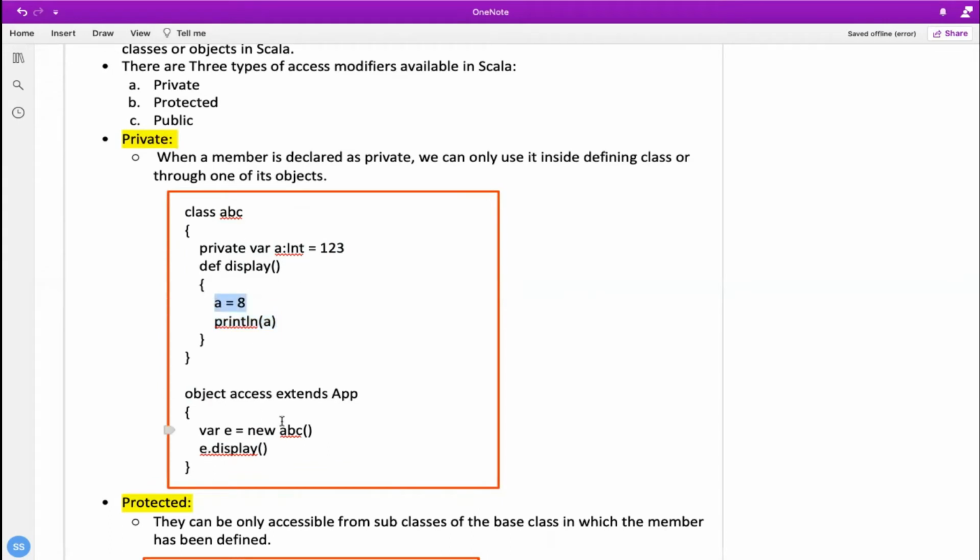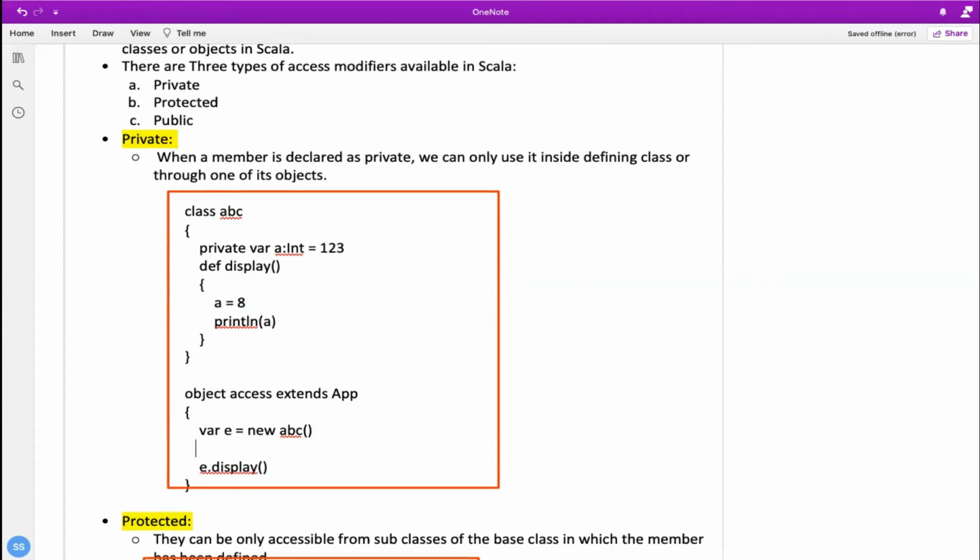And as you can see, we are not making changes in the variable. We are not even able to access it. So it is not possible to access like this, e dot a. This is not possible. Why? Because a is a private variable. This is one thing you need to remember.